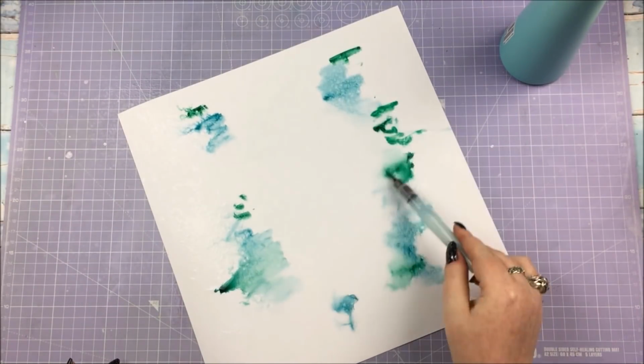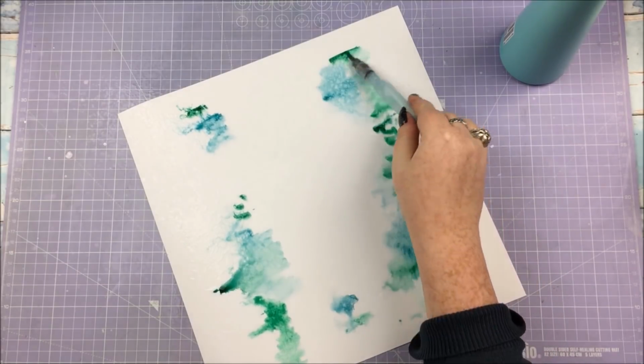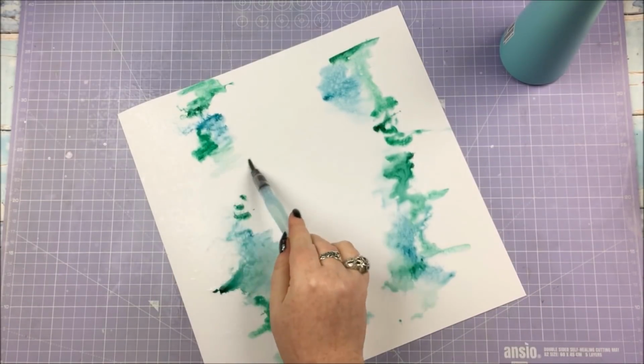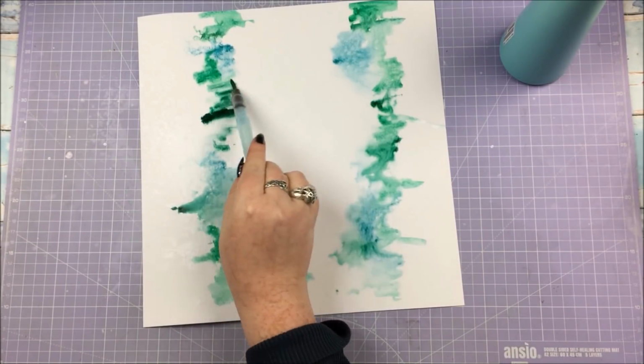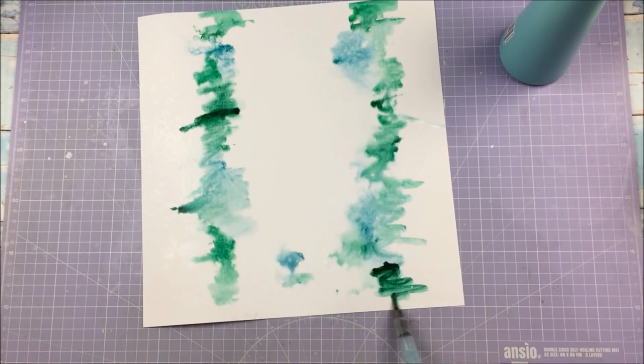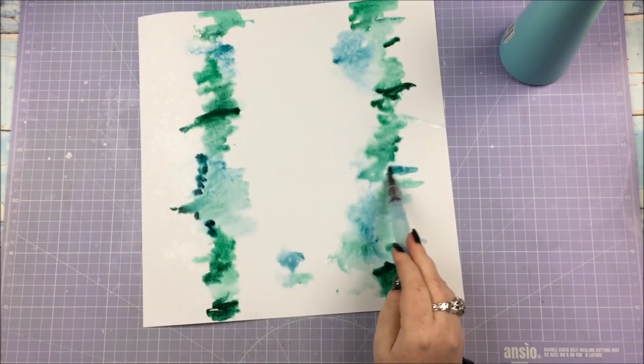Yeah, 300 GSM. Unless you're doing some seriously heavy mixed media, you don't actually really need to gesso it, which I think is fab. But yes, anyways, I'm going in with my Kuretake Gansai Tambi watercolours in 3 different greens, I think, and obviously I've sprayed the paper and I'm just putting bits of